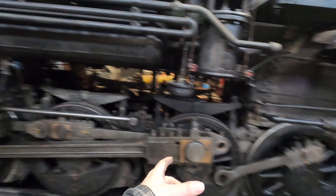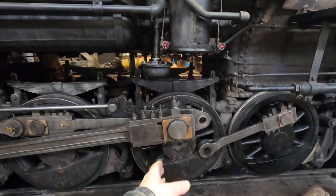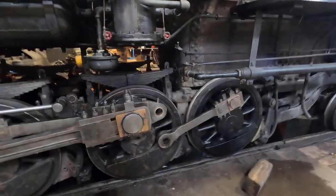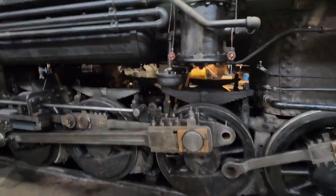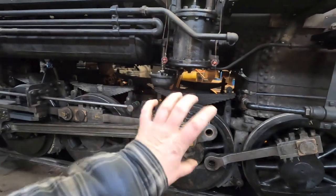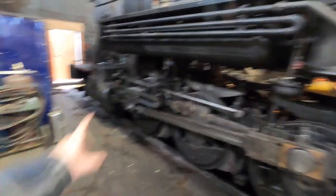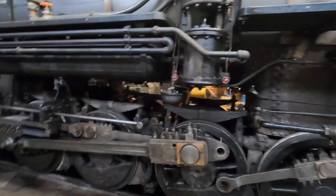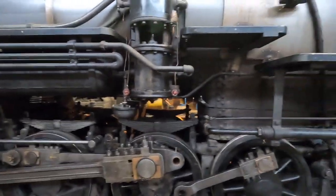And then after Christmas, what we'll do is we will knock all the rods off of this thing. We will tram it, make sure that the main driver is sitting where it's supposed to be in the frame, and then we will build the running gear off of that per the Baldwin spec, which is given to us in the book that we have for this locomotive. And we'll redo the brasses and take care of the wrist pin brasses, and she'll have good fresh running gear going into next year,